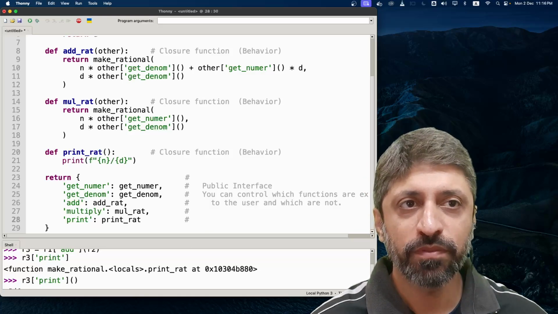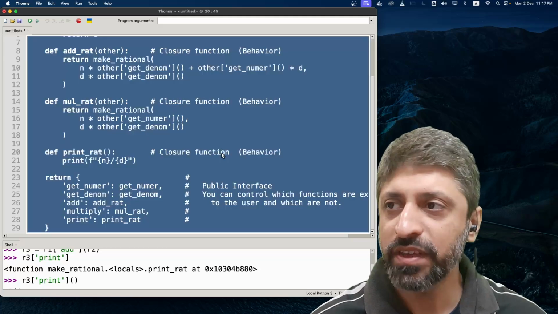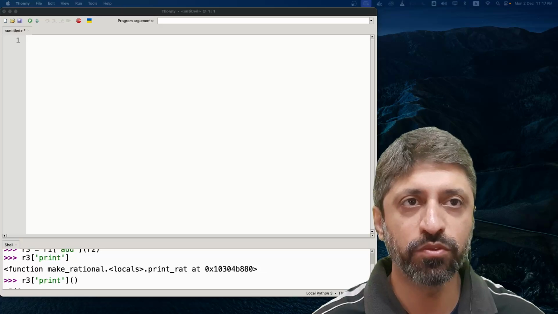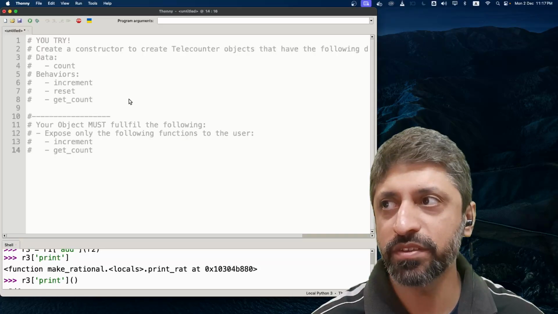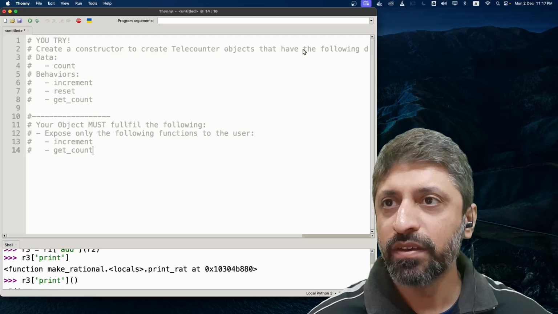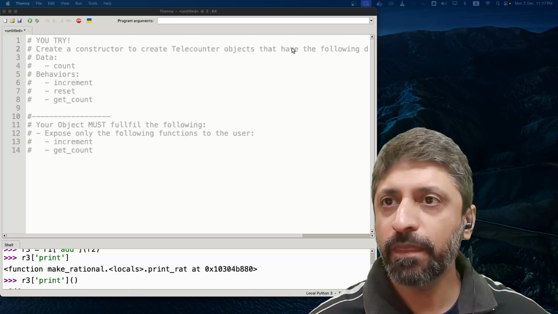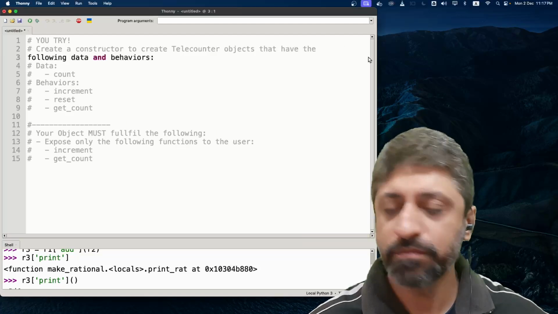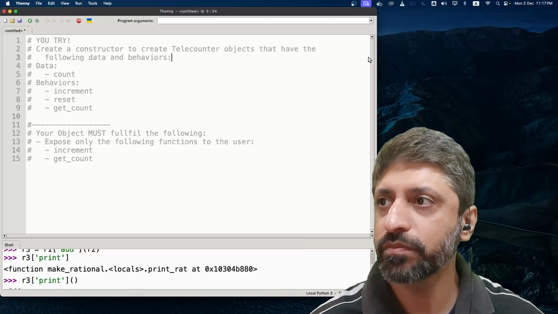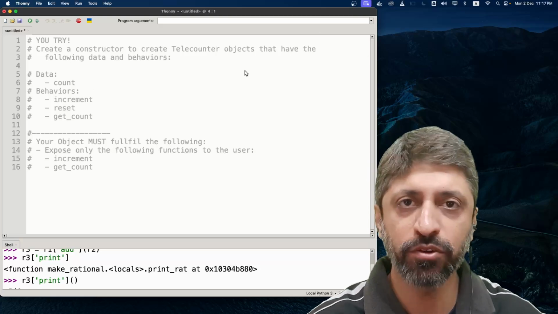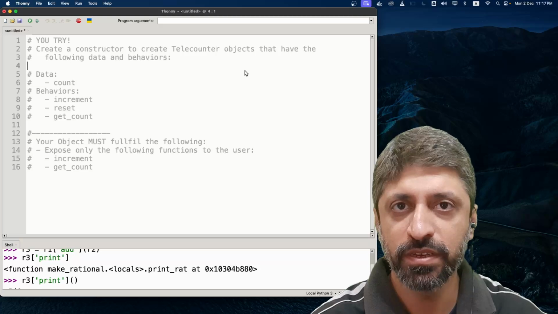So as another sample example, let me share some code with you and you will try this. Okay, now you try the following. You are to create a tele-counter object. Basically, you have to create a function that creates